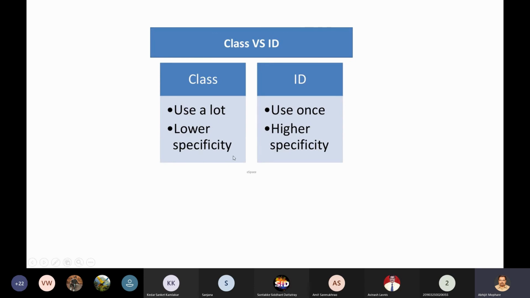We use classes a lot. A class has a very low specificity, while IDs are used only once and have the highest specificity. Whenever the difference is required, I will tell you where to use an ID and why, and where to use a class and why. In 90% of cases we will be using classes. In several cases we have to use an ID, and I will explain the reason at that point, because right now you will not understand. It will be understood only by example. So whenever it is required, I will explain why an ID is needed, not a class. Here, the only sufficient thing is that you should be comfortable with the concept of using classes in the CSS document.